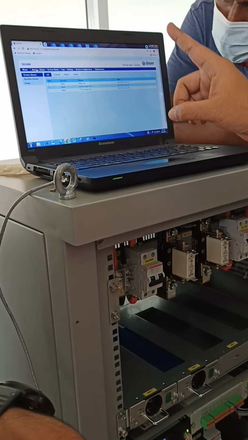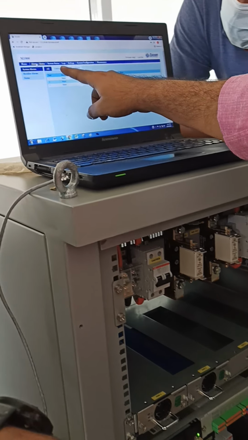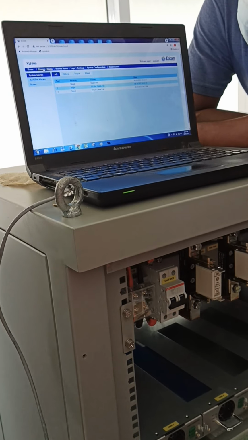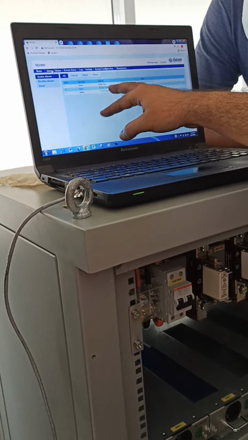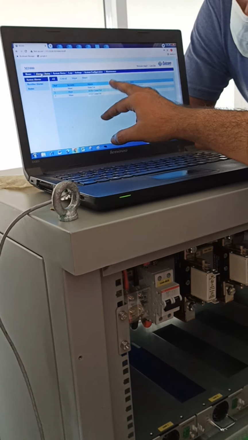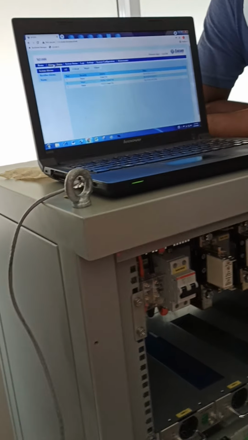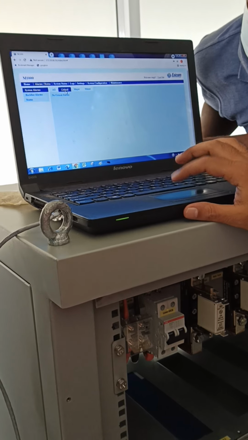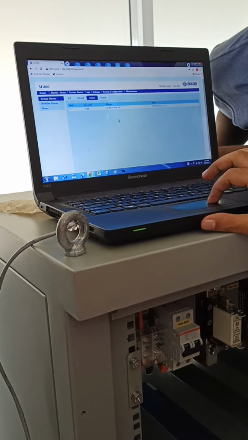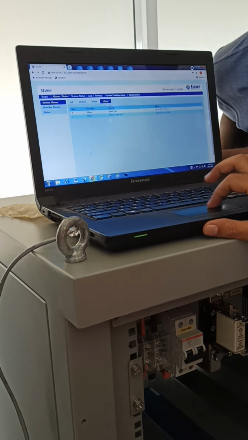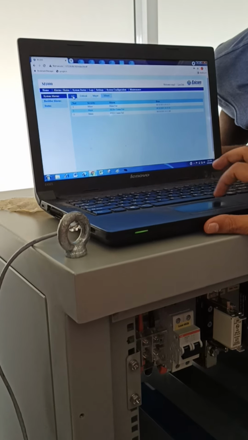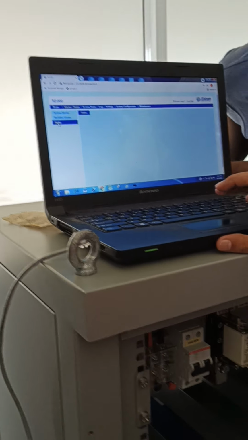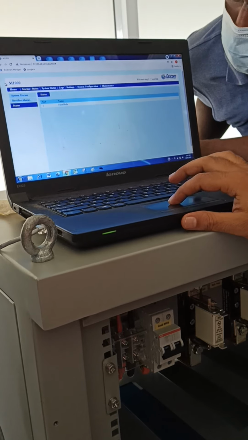First is the alarm system. There are four categories of alarms: 1, 2, 3, 4. This is mains fail, because we have switched off the mains MCB. Then rectifier fail, HVLV fail, which means we are not getting supply in the HVLV. Critical alarm: no critical. Major: rectifier fail. Minor: mains fail and HVLV. So this is the total. Rectifier alarms: 2 rectifiers have failed.